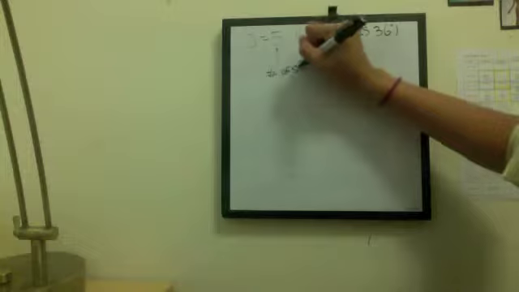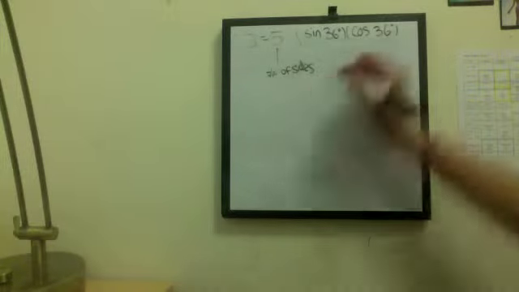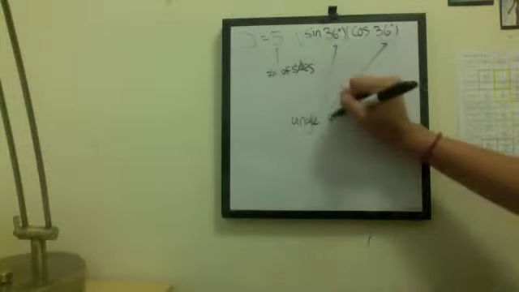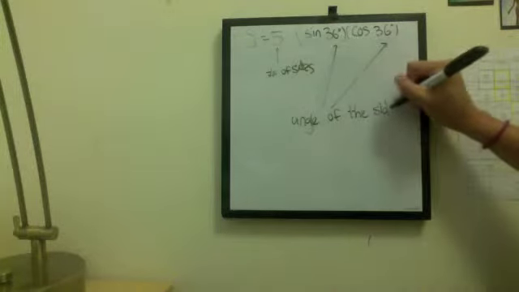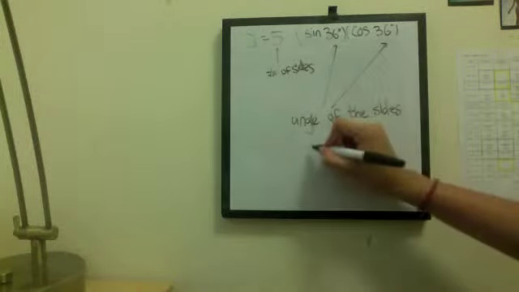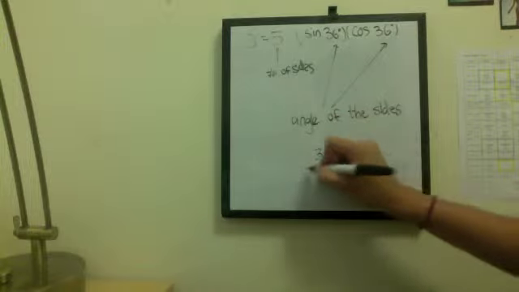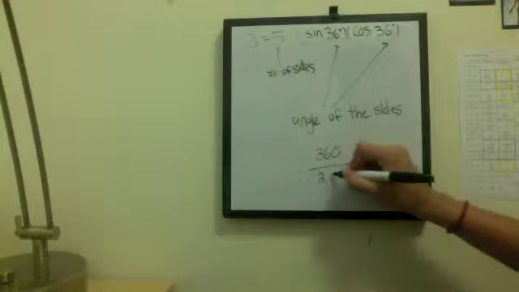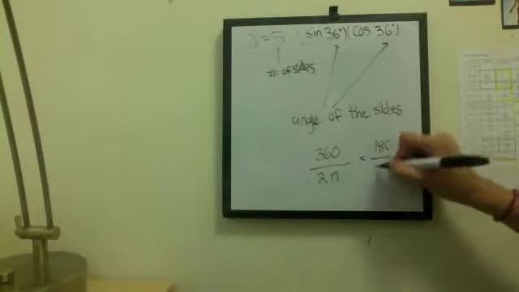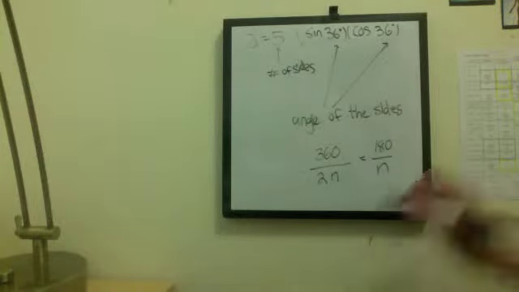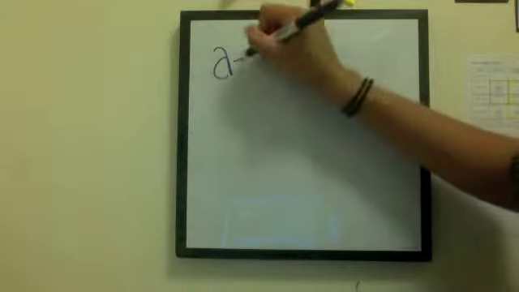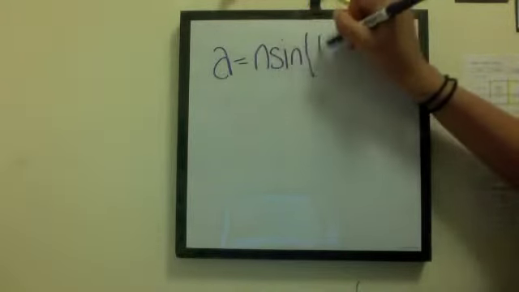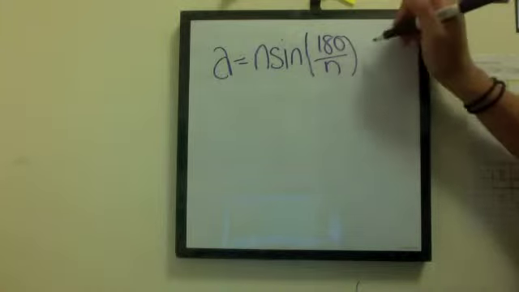If we put this formula in terms of n, 5 would be the number of sides of the polygon, and 36 would be the angle of the inner sides of the triangle. That would be 360 degrees divided by 2n, which is 180 over n. And so the final equation, as I stated earlier in this video, would be n sine 180 over n